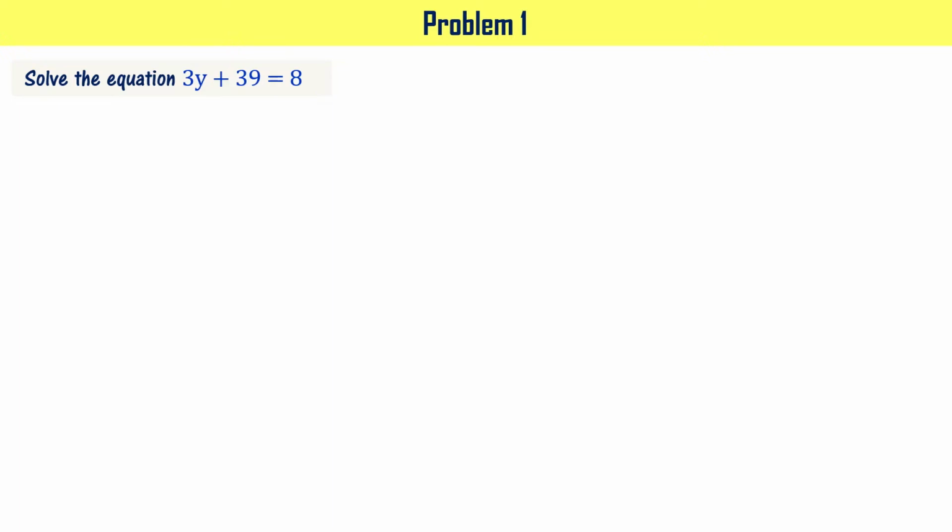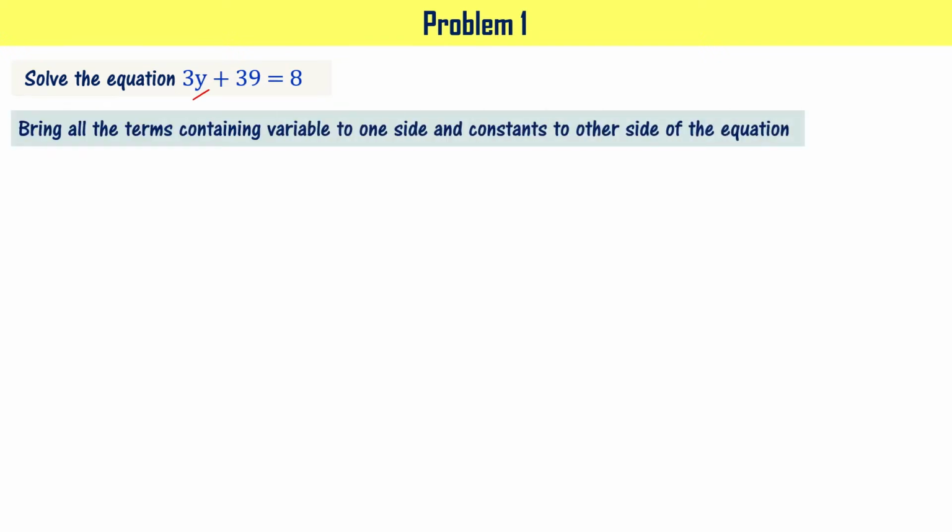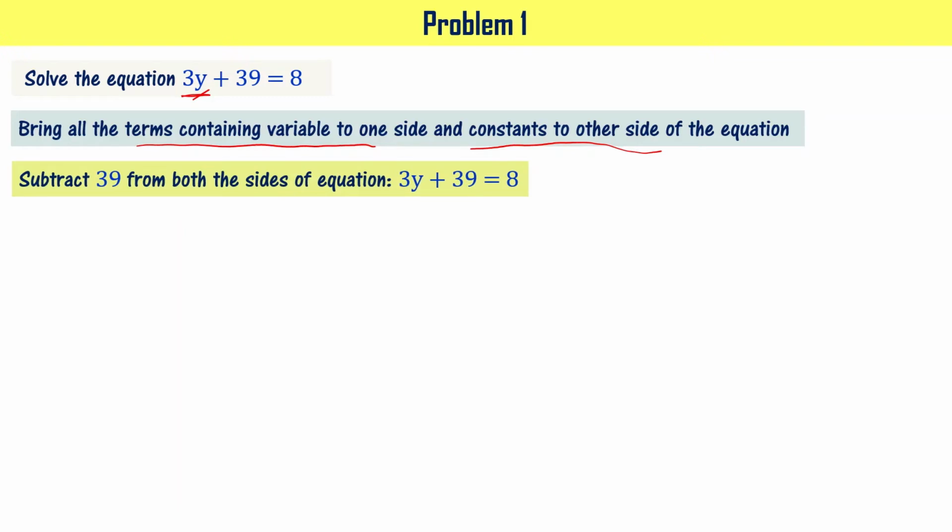Here the variable is y, right? It is on one side of the equation. To solve this equation, bring all the terms containing the variable to one side and the constant to the other side of the equation, right? Since the variable is already on one side, we don't need to worry about that. But we have to bring the constant to the other side of the equation. To do that, the first thing I am saying is let's subtract 39 from both sides